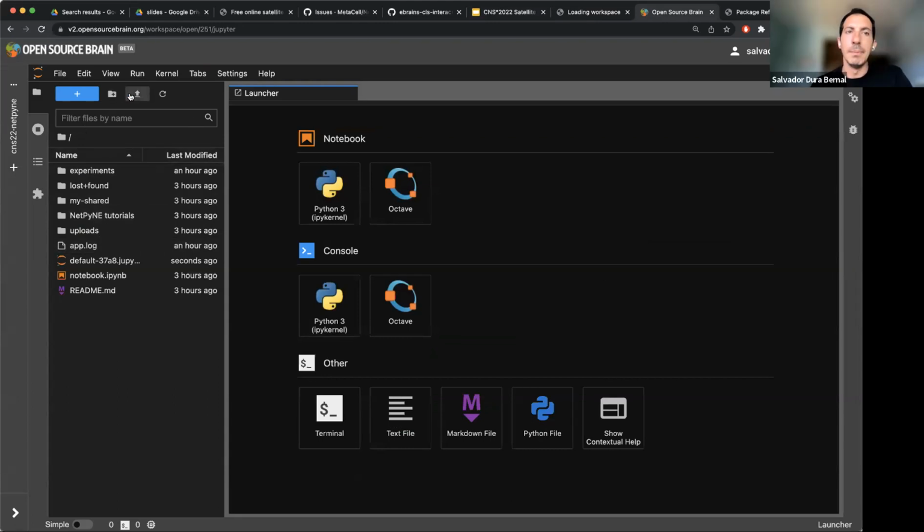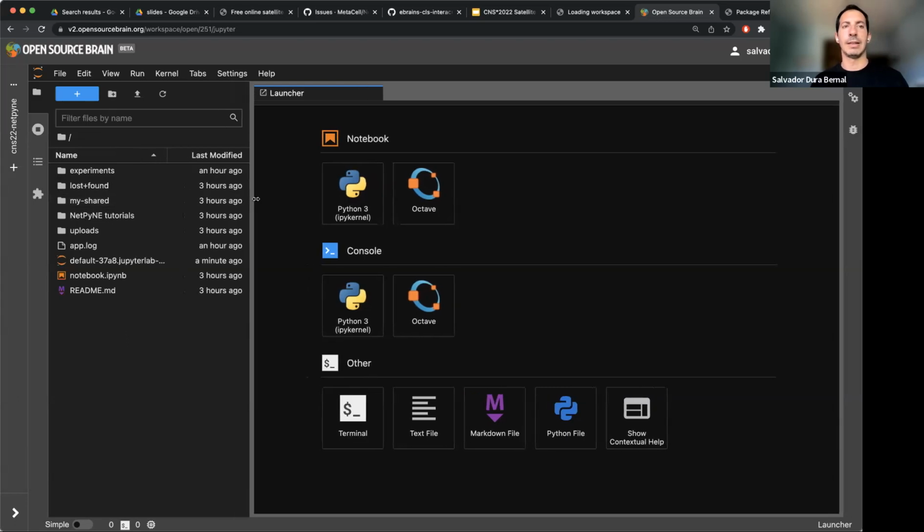Okay, so JupyterLab basically has these 2 main windows or components. Here on the left, you have a file browser with all the files that are accessible in this workspace, and on the right-hand side, you have this viewer of the different files that are open or terminals that you're using. So initially you get this launcher, which allows you to create either Jupyter notebooks or open a console or a terminal and so on. And so the first thing that we're going to do is just